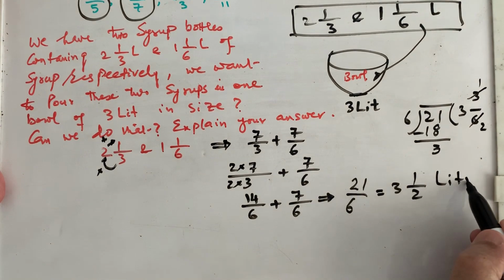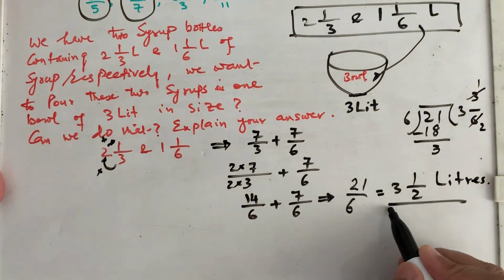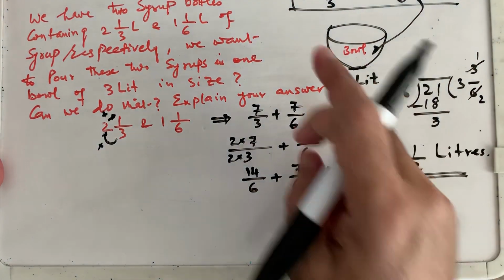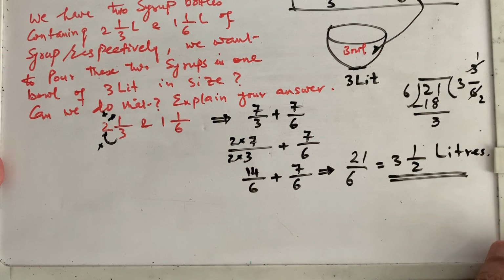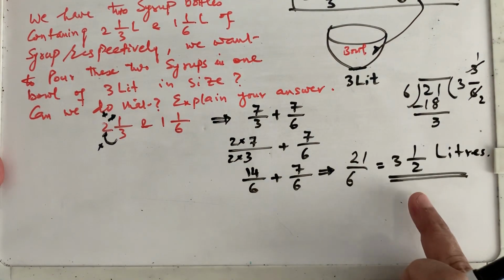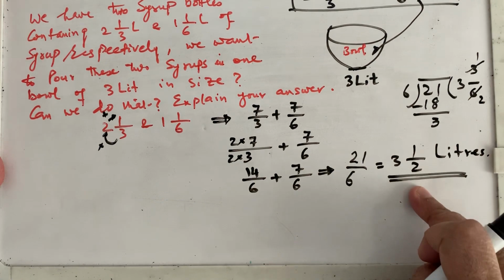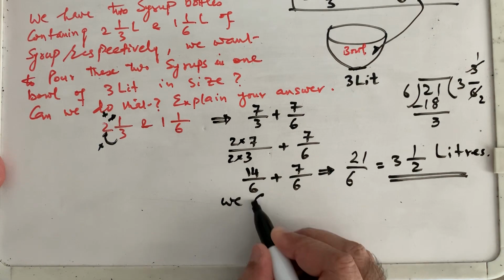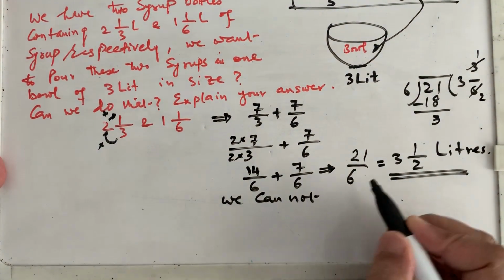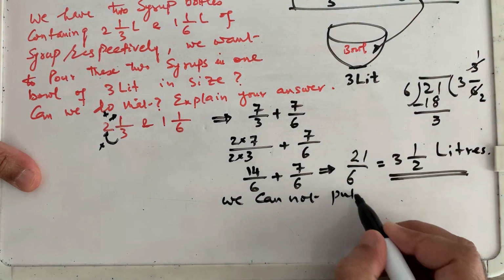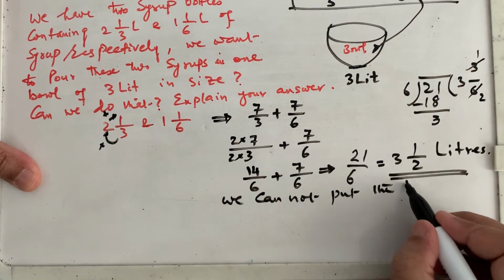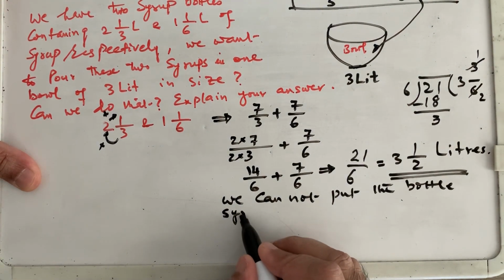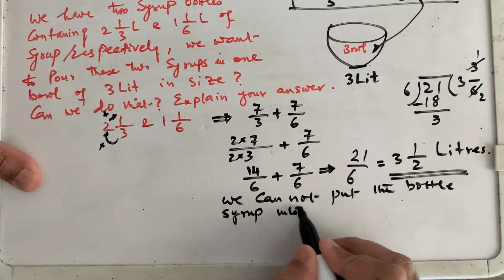If you add these two bottles, you will get 3 and 1 by 2 liters, but your bowl is 3 liters. So that means you cannot fit those two bottles into this bowl, because if you add these two bottles it is 3.5 liters, and 3.5 liters is more than 3 liters. So we will answer it: we cannot put the bottle syrups into the bowl